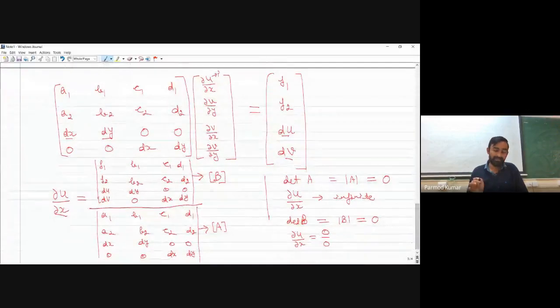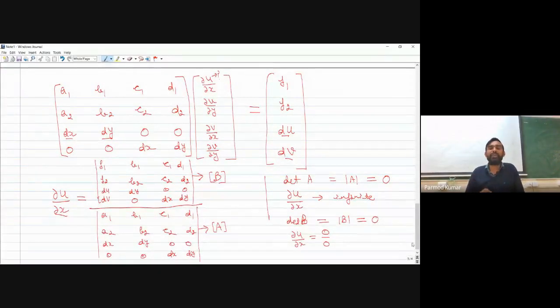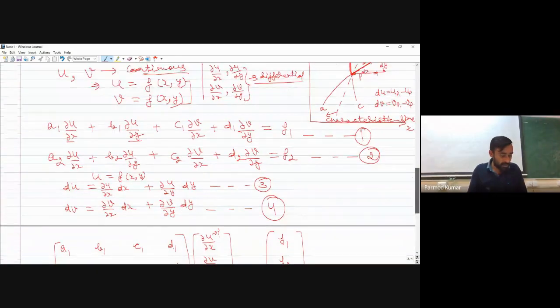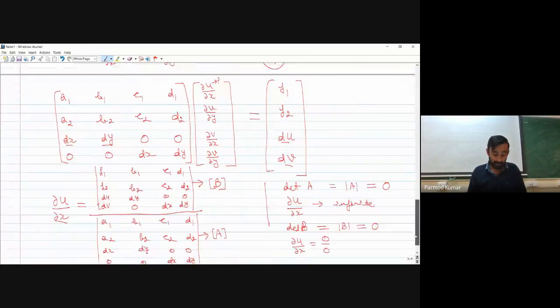When mathematically referring to the definition of the characteristic line, we mainly say that the values of the highest order derivatives of that particular partial differential equation are indeterminate. And in whatever equations I have taken over here, in each and every equation the highest order of the equation is only one, so that's why we are considering del u by del x.